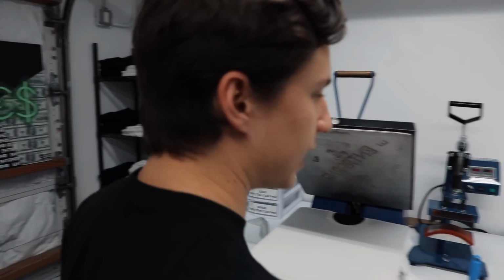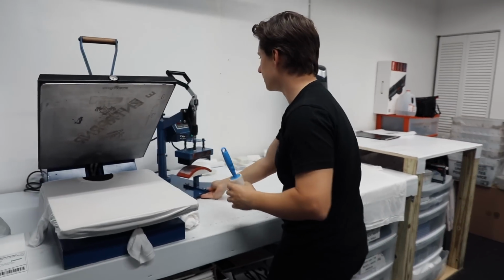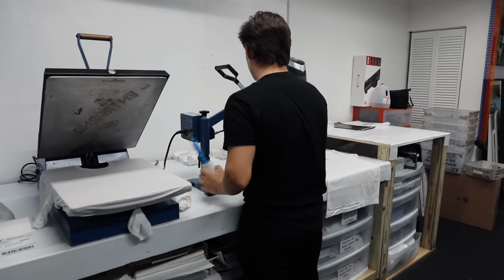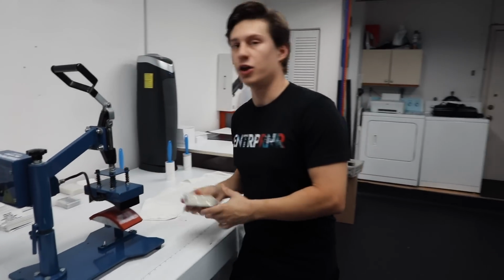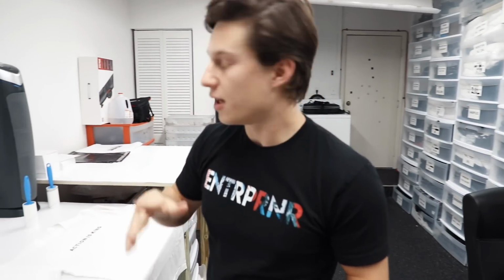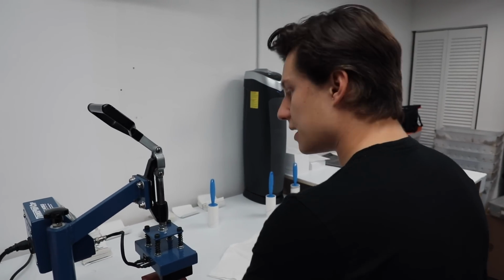Okay, once you got that down, you're gonna bring it over here, and you're gonna pull out the tag press. So this is the tag press, and key little tip, you want to print white labels on your white shirts and black labels on your black shirts. The reason being is if you put a black label on a white shirt, it's gonna be see-through through the back. So pull this out,